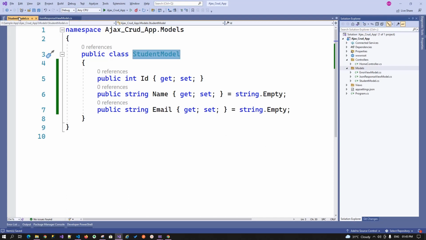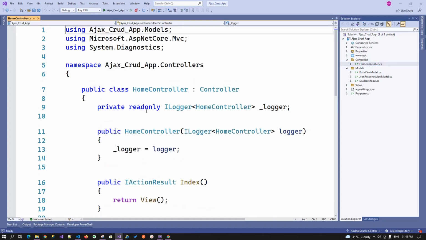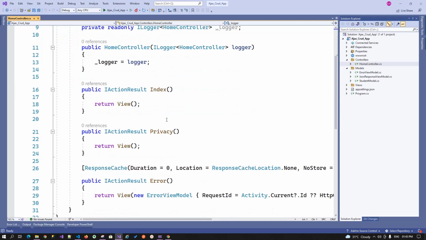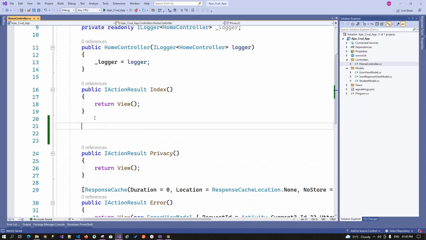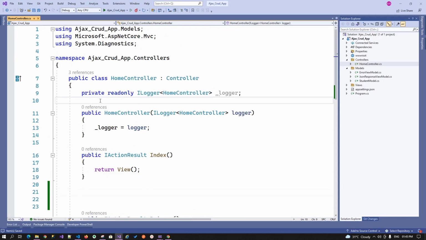Now we have our models ready. Then we have to switch to the controller part. For the sample app, MVC provides us three actions: index, privacy, and error. After the index we will create our methods to retrieve a student detail, post a student, update a student, and delete a student. Firstly, let's build a student list. Over here